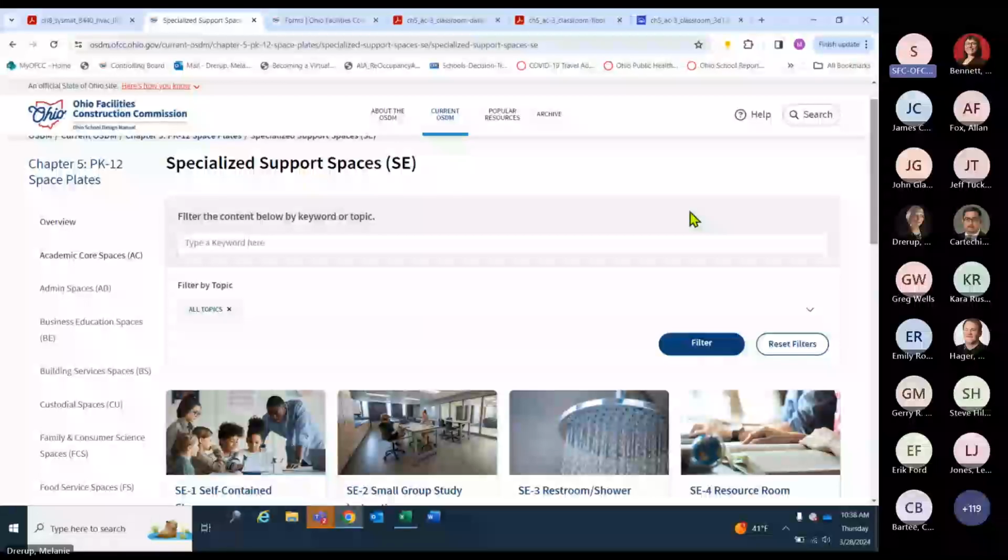And the movement of our natural daylight from 5% minimum to 10% minimum. During these difficult budget times, we know where we were getting cuts, and so we were landing right at the minimum 5%. And we want to have more daylight in our classrooms.